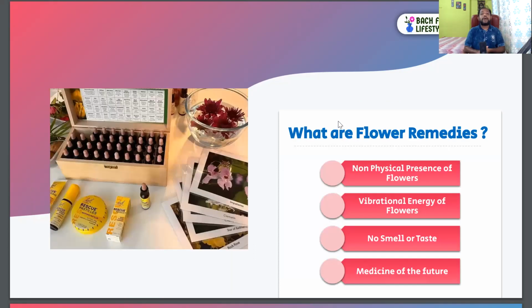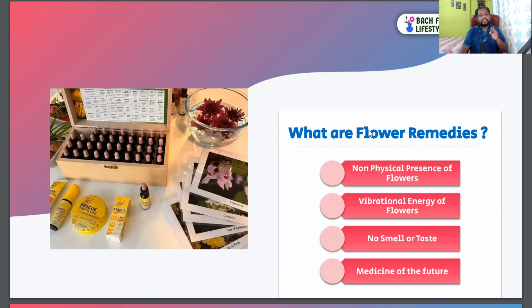So what are those Bach flower remedies? We usually take polls in particular sessions. The result of the polls is mainly 80-20. 80% of the people are not aware of the Bach flower remedies. 20% of people are aware of it. They have used it and they have experienced the effect and amazing results of the Bach flower remedies.